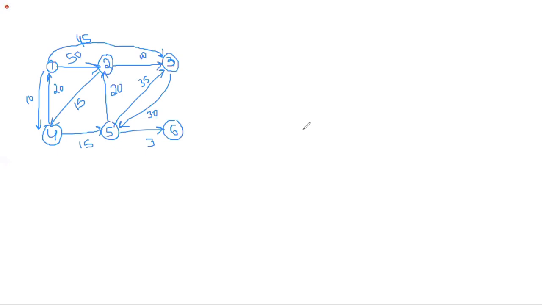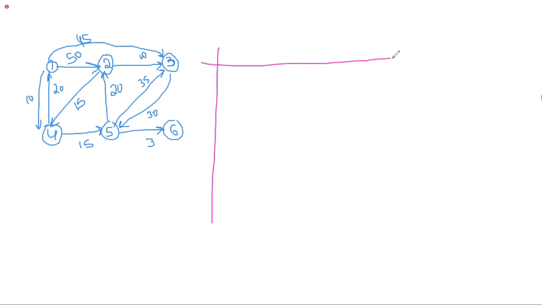So single source. Here the source is only one. From that source, you have to find the shortest distance to all the remaining vertices. Here I am assuming my source as 1, which means you have to find the shortest distance from 1 to 2, 1 to 3, 1 to 4, 1 to 5, 1 to 6. Are you getting what I'm teaching? The problem is that the source is common: 1 to all the remaining. Okay, that is my question. So how can we solve this? Using Dijkstra's algorithm or a single source shortest path algorithm.